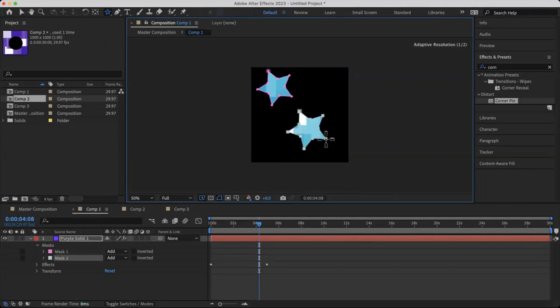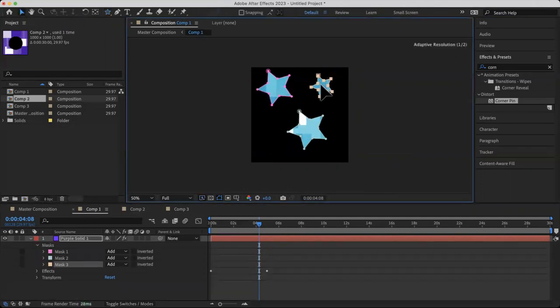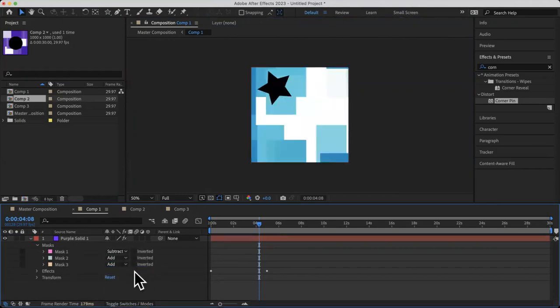And there we go. And multiple stars. We'll animate these a little bit. But first of all, I'm not sure people thought they knew what I was talking about. That's all right. Well, now, mask to subtract inverted. So what I'm going to do is see if they, you know, that